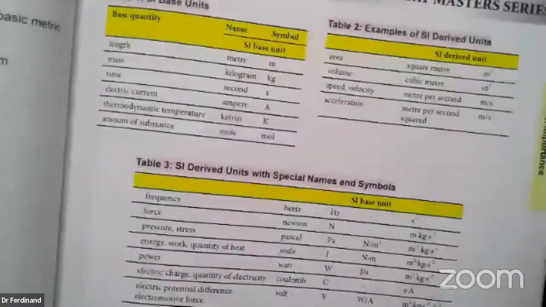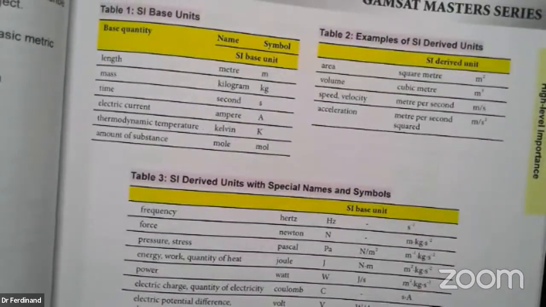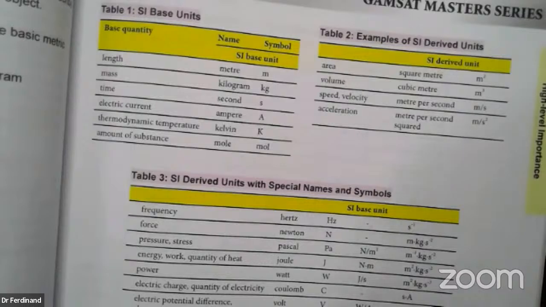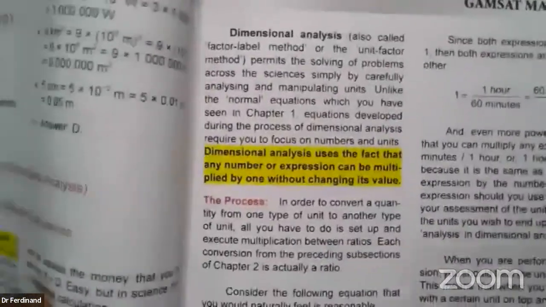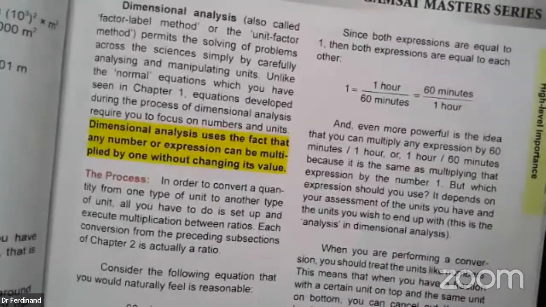For others, it's going to be learning the basic SI units, the Système International, the International System of Units, to know what the basic units are for physics and general chemistry, and basically those are the same ones that apply to biology, and to know what those units are so that you're able to make conversions. And the tool used for dimensional analysis is using fractions in a way to make conversions.